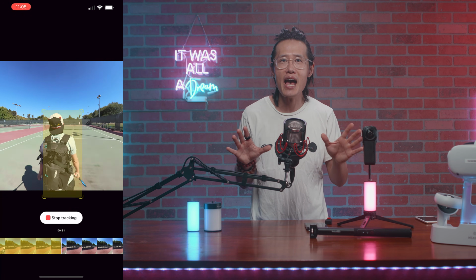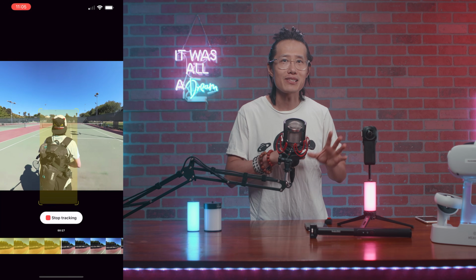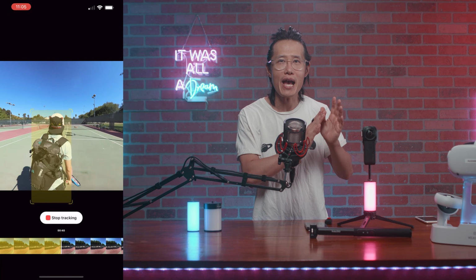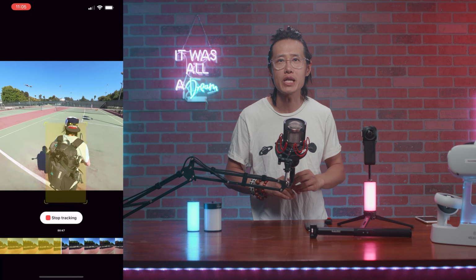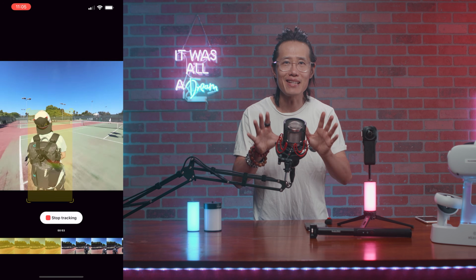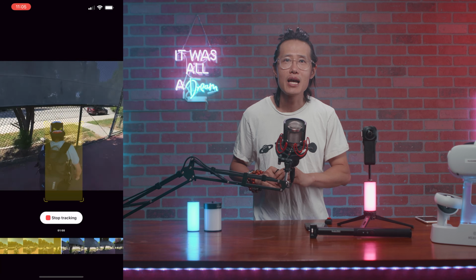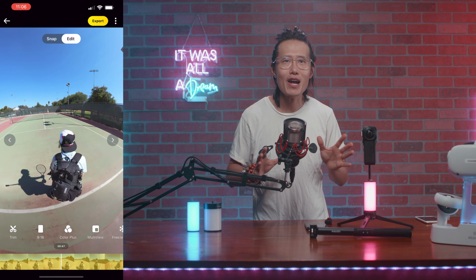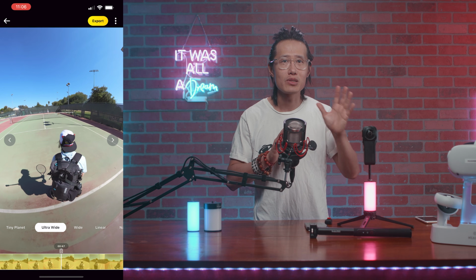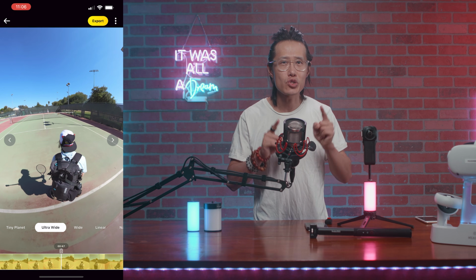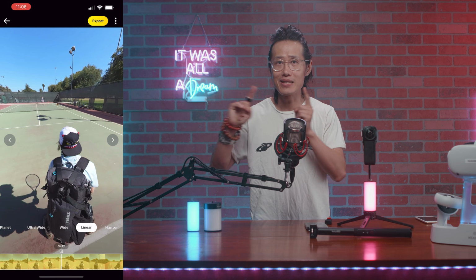I like to wear something funny like a funky hat backward. Not only does it look great in the final video, but it's also great for the AI tracker to hold on to me. So I will always be in the center of the frame, like a video game third-person POV you see right here. After tracking is done, don't forget to tap the yellow section to change your FOV to linear to